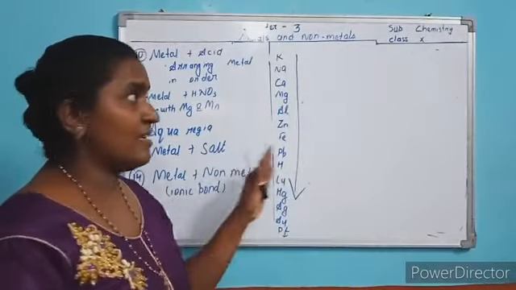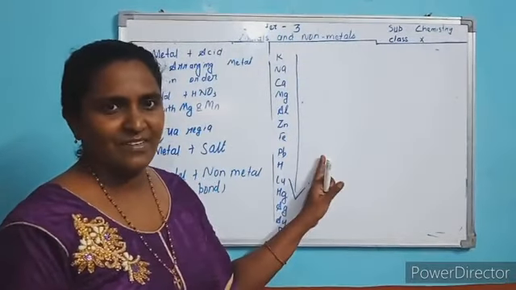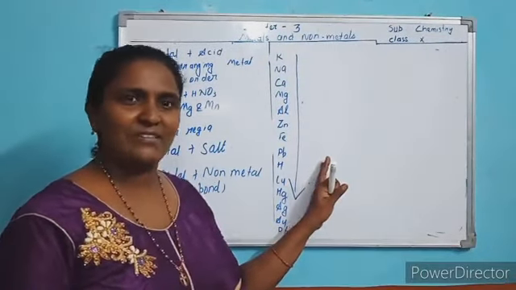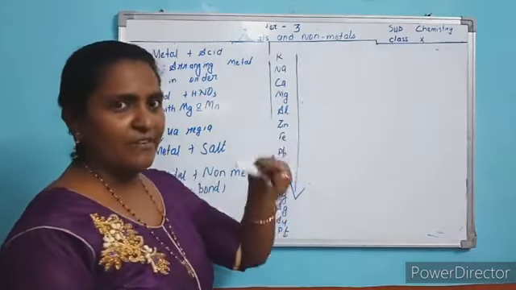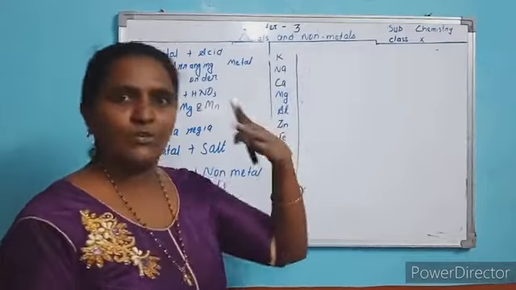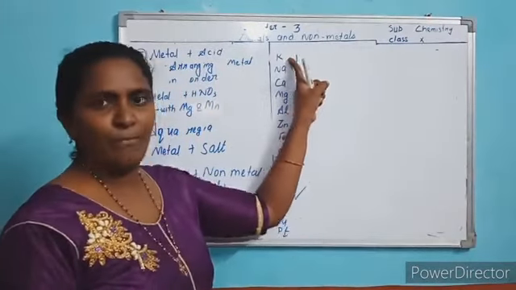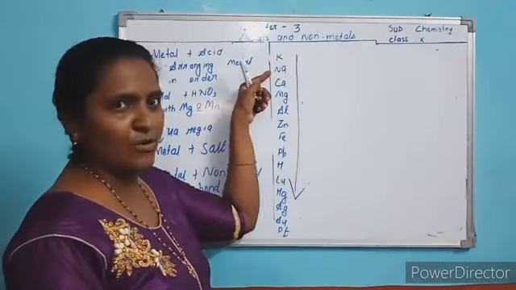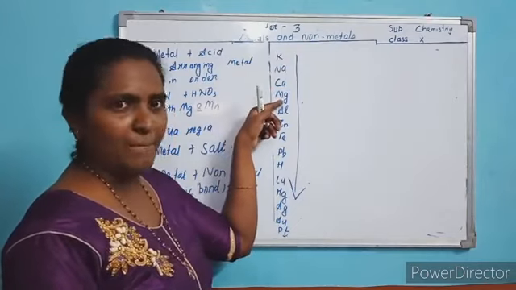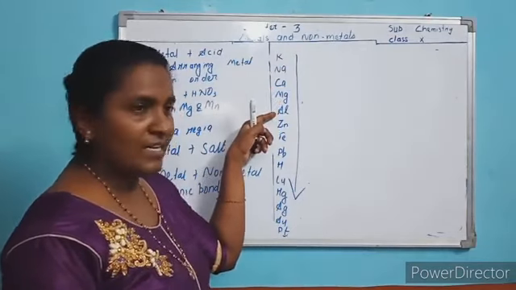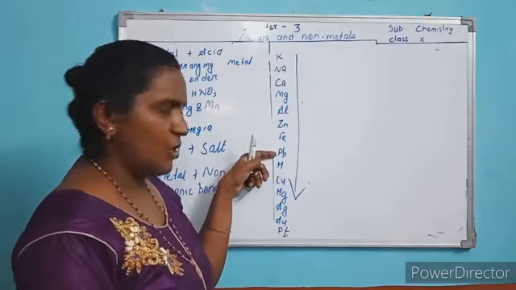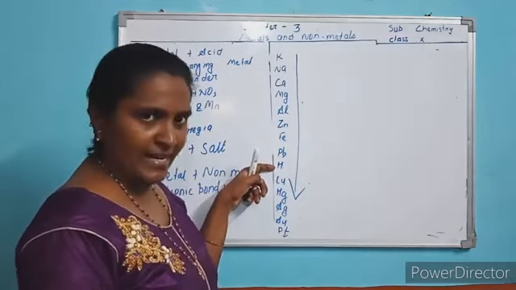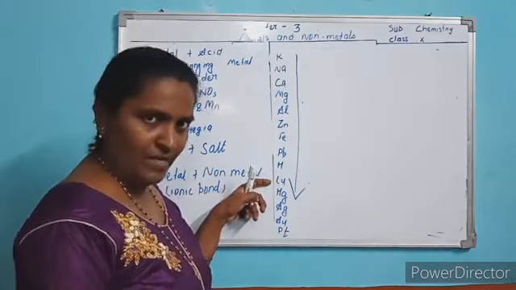To know this chapter, you should know the series. I thought from 8th onwards, one shortcut I made for you, and if you want, you can make your own. This is: Potassium, Sodium, Calcium, Magnesium, Aluminium, Zinc, Iron, Lead, Hydrogen, Copper,